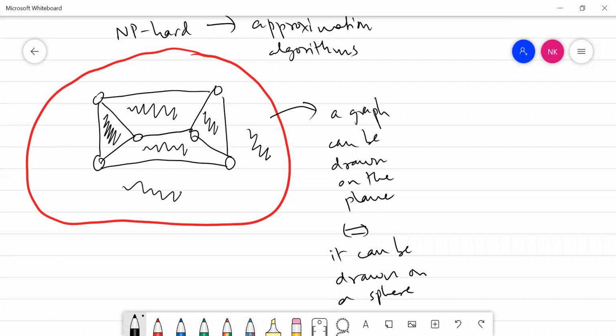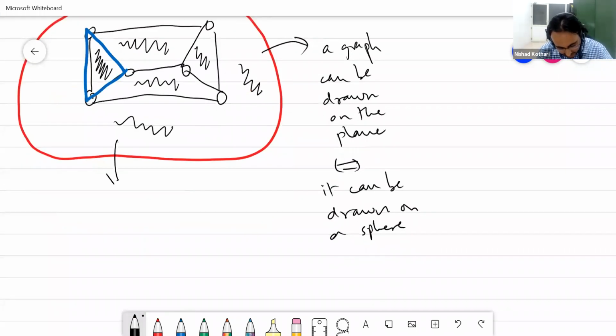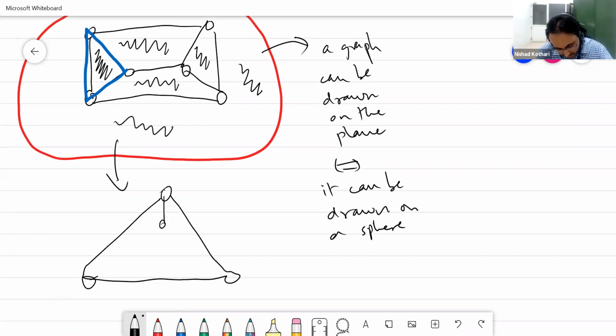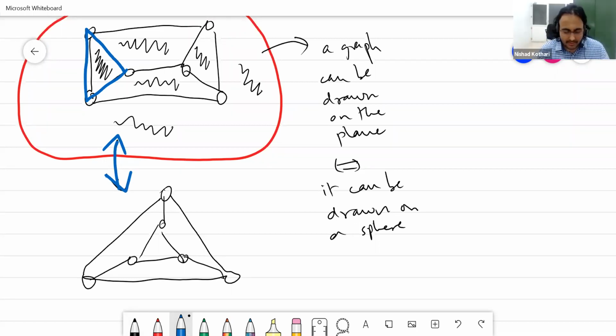To give you one more example, you can redraw this graph with this being the outside face. I will just show you quickly how it is done. This is the same drawing of the same graph, where I have made a triangle to be the outside face. You can compare that these two are actually the same graphs, right? Yeah, so it makes some sense, it is better to not think of the outside face as something special. Okay, thanks, Rohan.